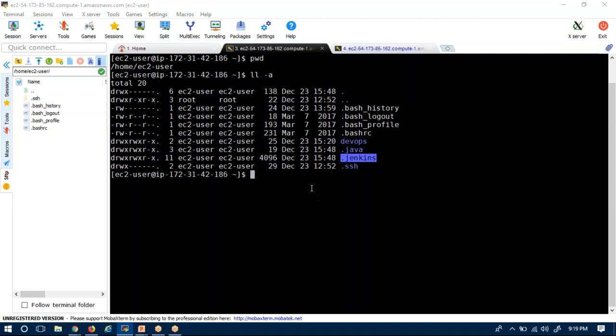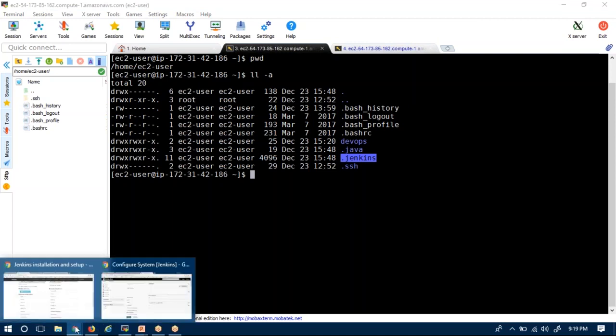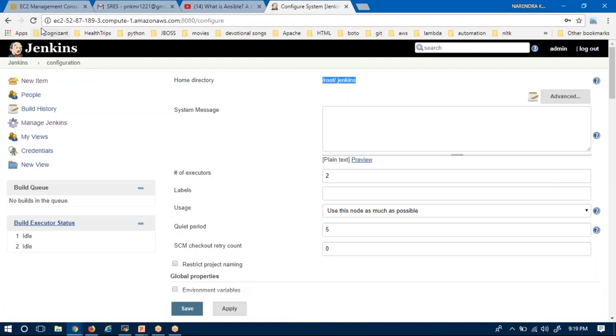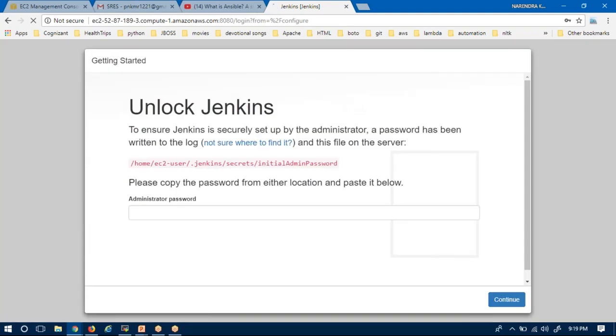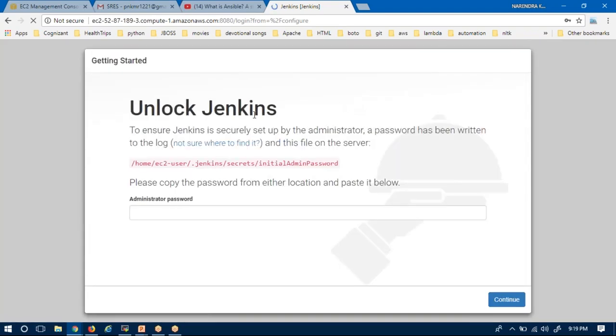Even if you open your UI, see here, now again it is asking for the Jenkins administration password. Now where is the admin password? Under /home/ec2-user, under .jenkins. See here, I have that password.